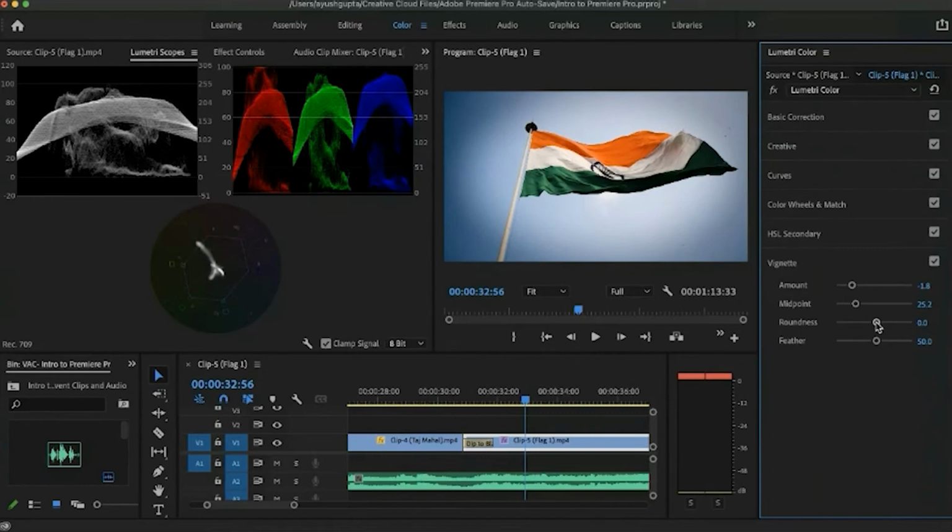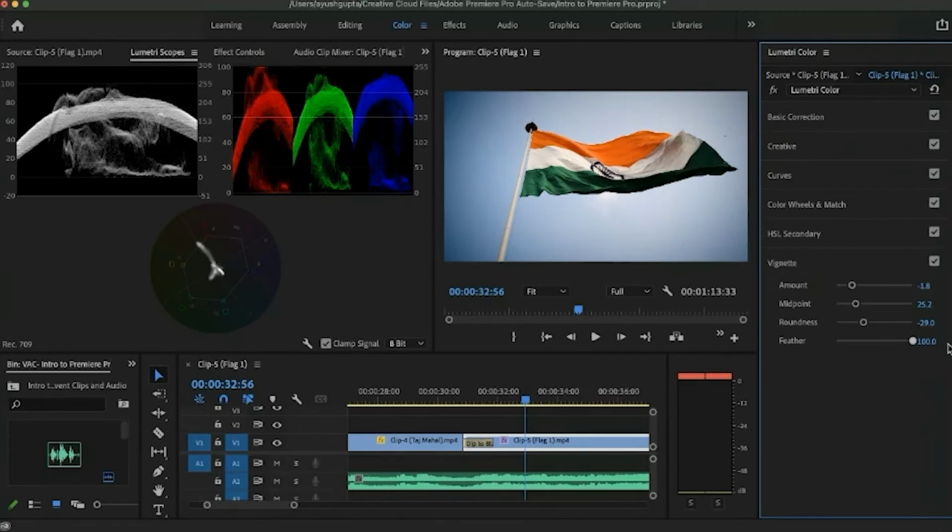And with the roundness, you can play with the roundness, like if you don't want the vignette to be a little bit round or you want it, you can play with that part too. And with the feather, how uniform you want this fade to be. If you want this to be more uniform, then you can increase the feather, or if you don't want it, you can decrease it.